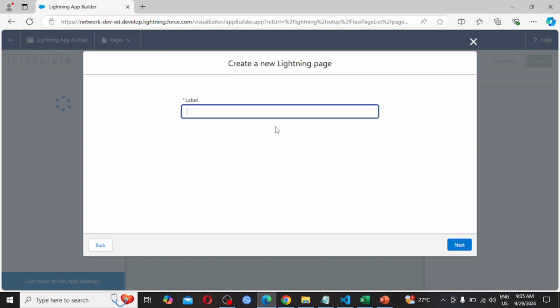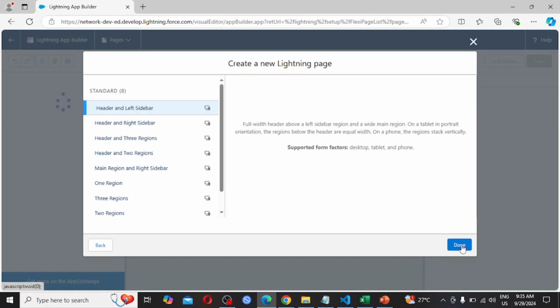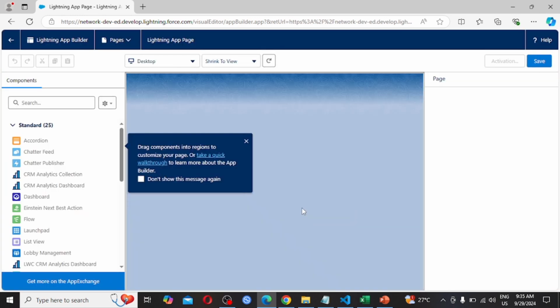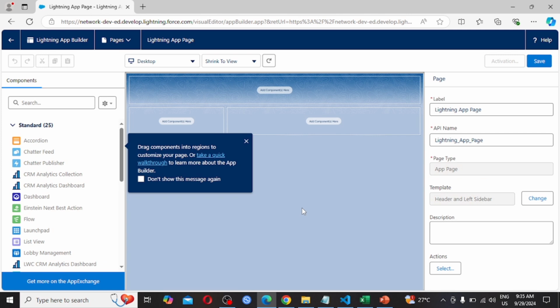Here I am providing the label Lightning App Page. Click next. I am going with header and left sidebar. Okay, done. So after this we are seeing this view. What it is suggesting, we have to drag our components from here to this palette.